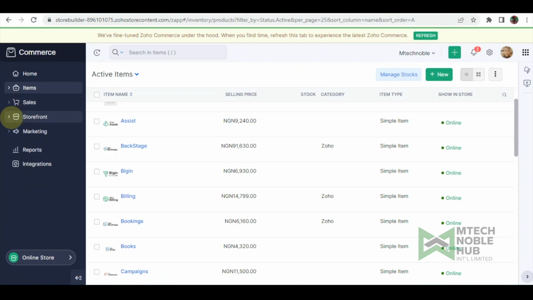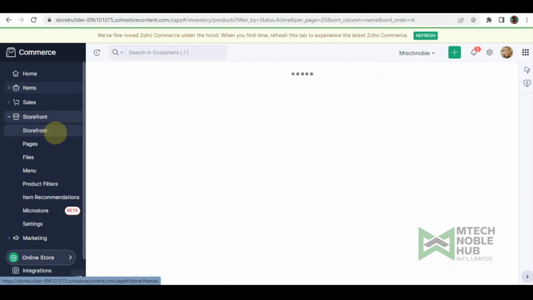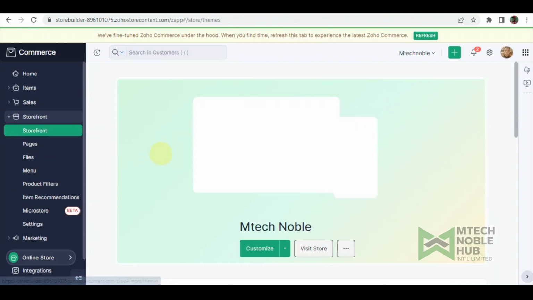Now, next we have storefront, and under storefront we have the store itself. Now, this is basically where you do your web design. For you to do your web design here, it's basically simple compared to designing your website from scratch. Zoho actually provides a template for you to use to design your website,